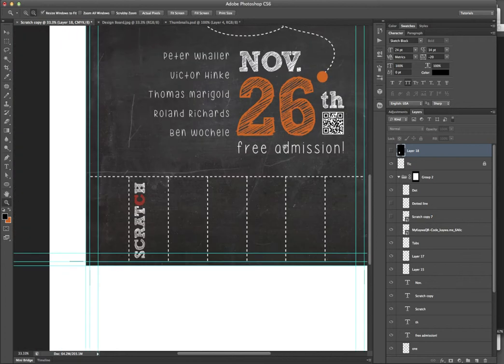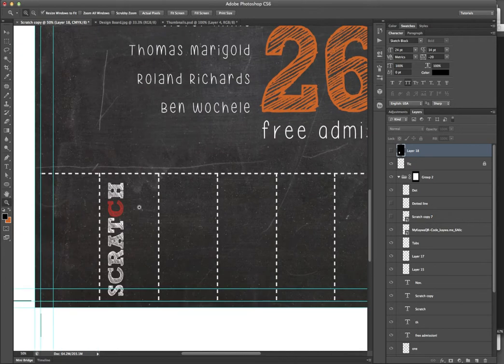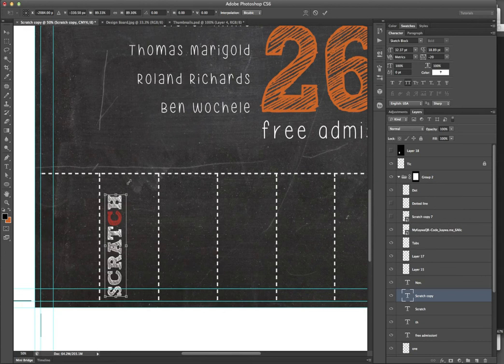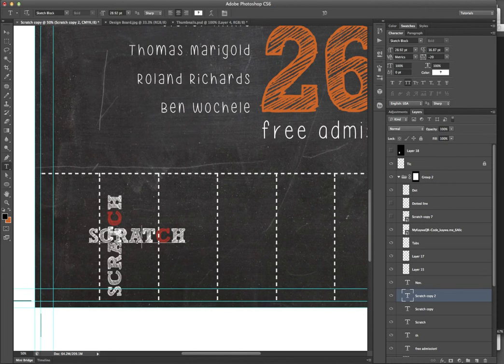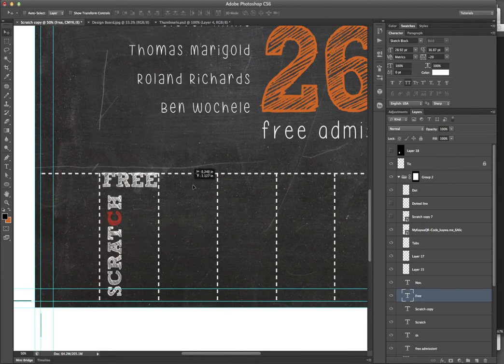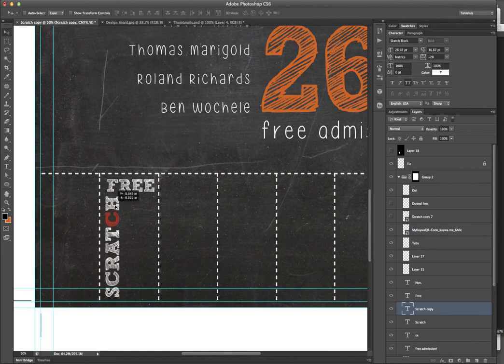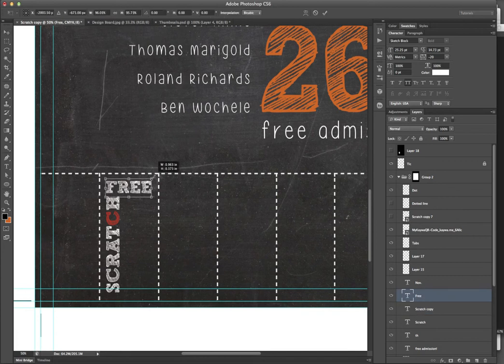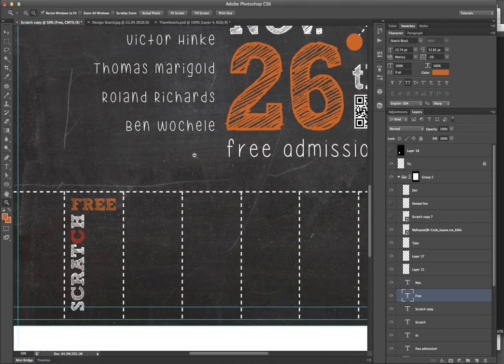I have free admission here, but just looking at this, I think if I use that font, it'll disappear. So I'm going to use my more bold font and kind of block this stuff in. And again, I am lining things up, so I do want to kind of stick with what I established, that text lines up from side to side and is kind of centered there in the space. Alrighty. And I like the idea of bringing in some more of this orange, so we'll make that orange and see how it looks. And then the last bit of information